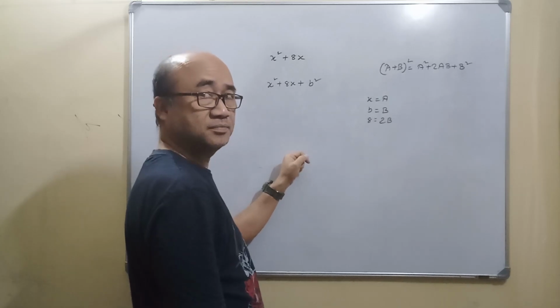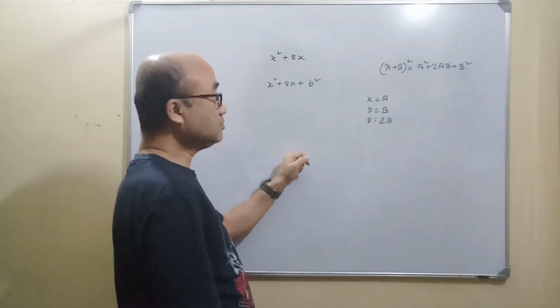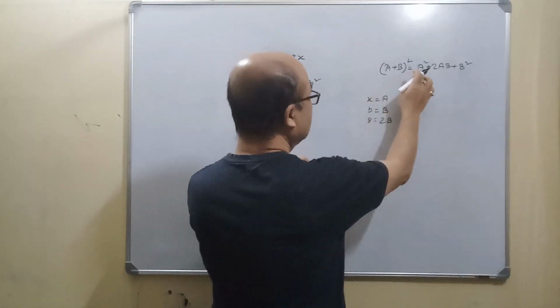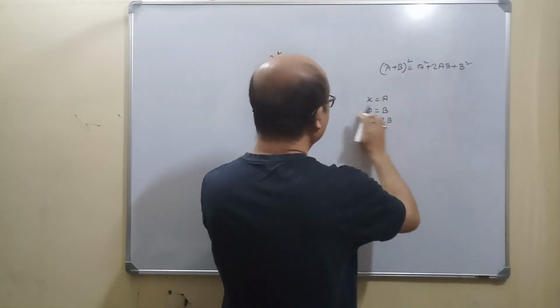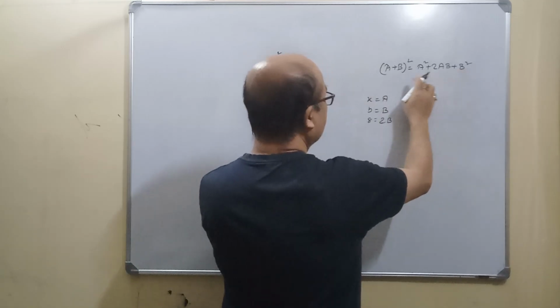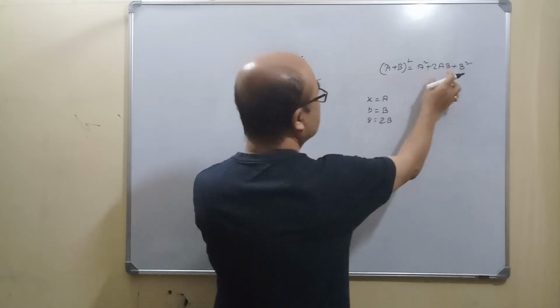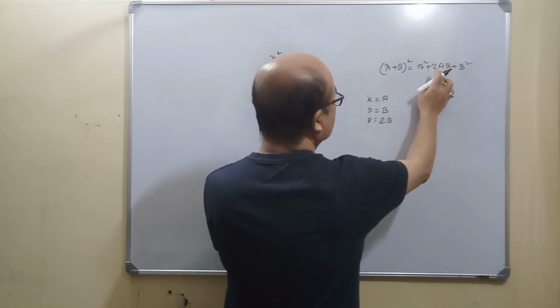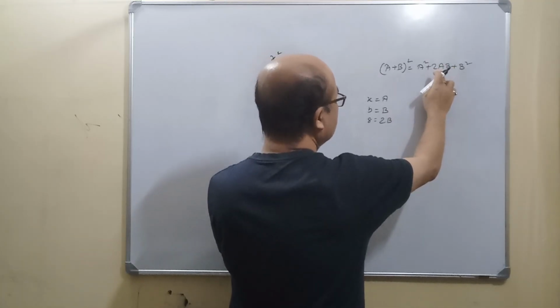Is that right? x is equal to a, b is equal to b, and 8 is equal to 2b, because x is already equal to a,